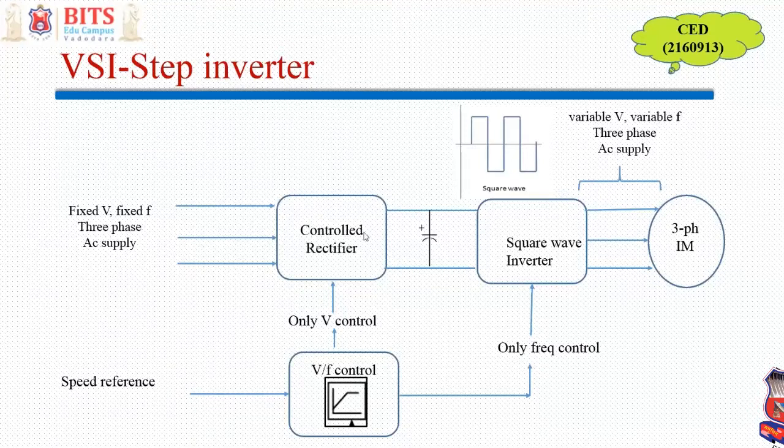So this part is used to control magnitude of voltage or to get variable voltage, and variable frequency is through the reference frequency which we are giving over here to the inverter. जिस तरह से इसको fire करेंगे जिस frequency पे, accordingly this square wave will be there. So frequency of square wave will be frequency of the output over here, and this magnitude is decided by the magnitude of the control rectifier, right? So this controller is helping us in giving this particular control, right?